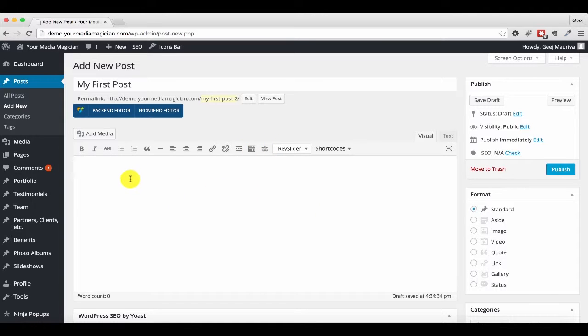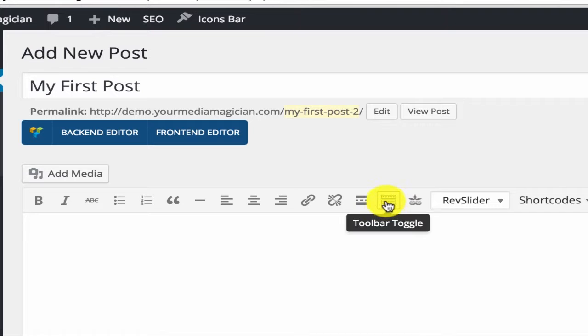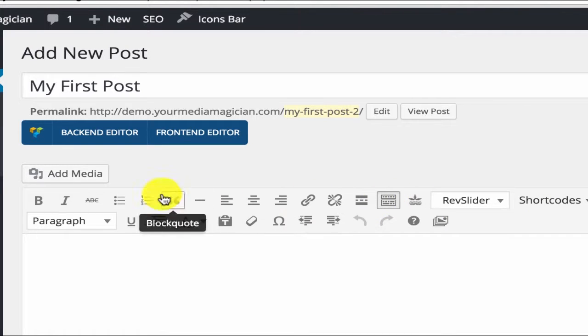So in this editing window, by default, you're just going to see one row of items here. Now, in order to get the second row to show up, there's this little thing called the toolbar toggle. And that will just basically give you this second row of tools to use in your WordPress blog or your